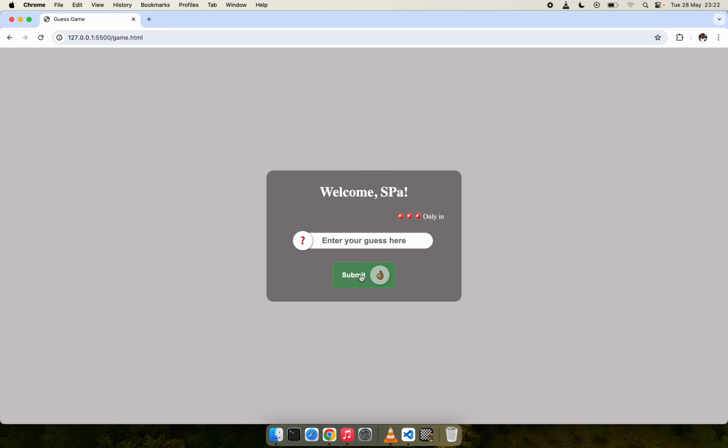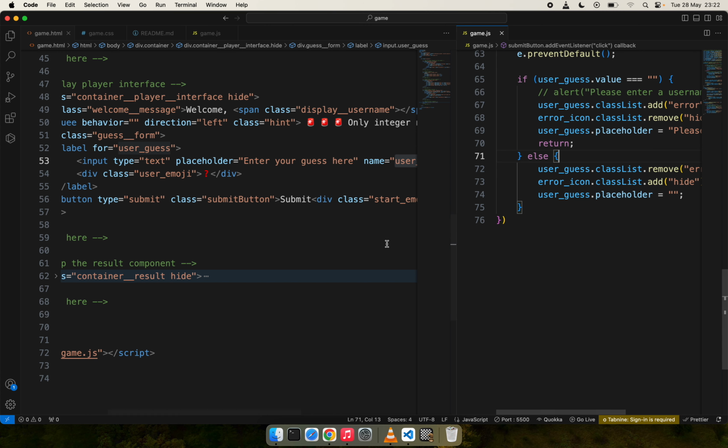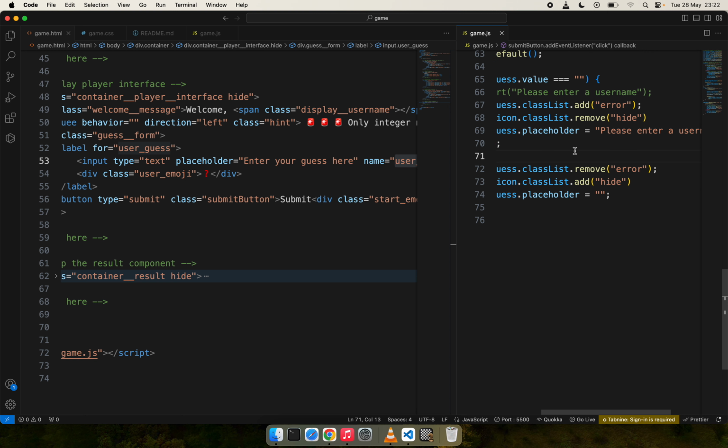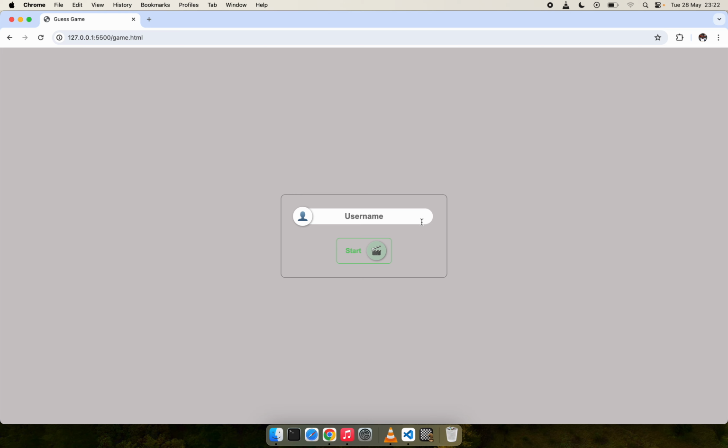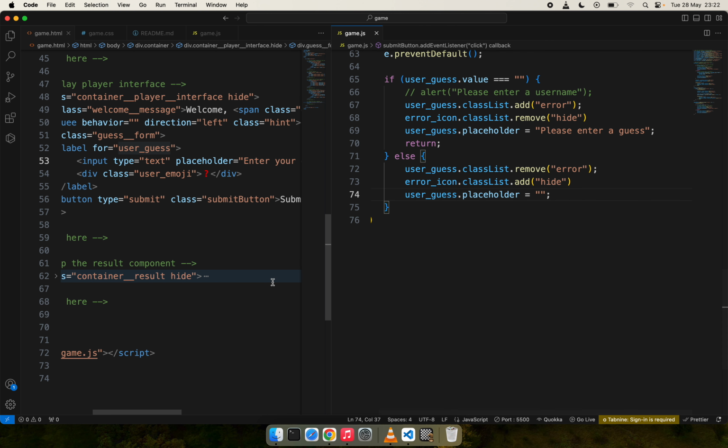Good. So let's enter. Can you see, it says please enter a username? So it's not username again, it's going to be guess value. Don't forget. It's because of what we have here. We will copy it. So the expectation is please enter a guess. All right, so we've done that. So we need that error icon. If I click, we need this error icon. So let's copy it from the